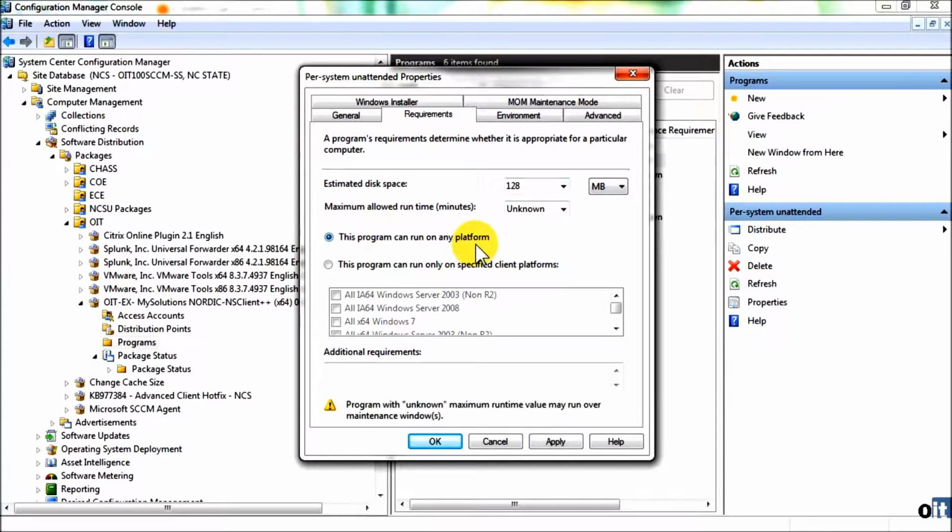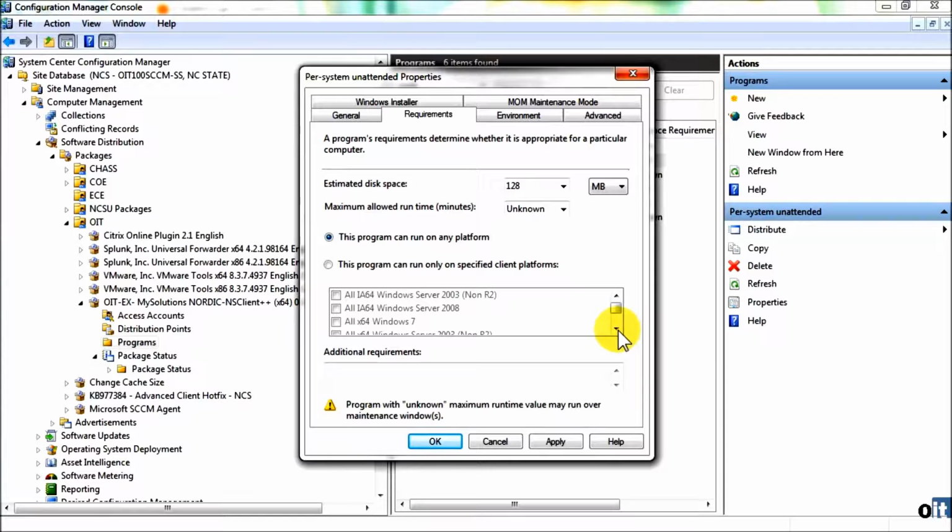And the reason for that is SCCM has to be updated for each new release of the operating system. So if there is a 2008 R4 and that has a 64 and 32-bit flavor, and I didn't specify it in the right checkboxes here because I couldn't,